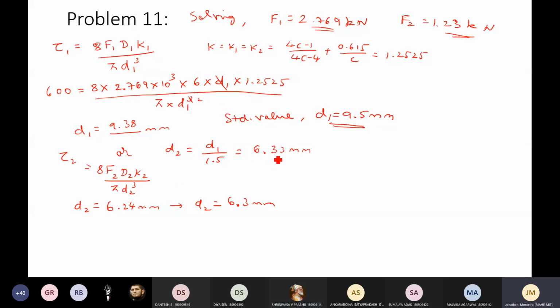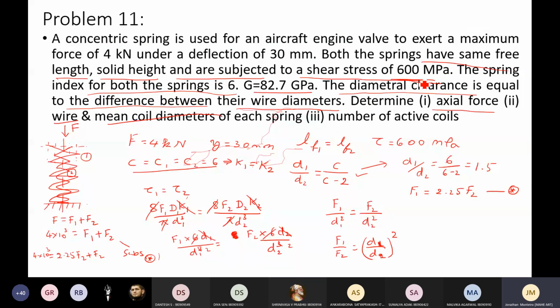Yeah, because 6.5 will be a very big deviation from what is being told in the problem. I mean, in the table, it's just 6.30. If you get 6.3, then I can stick with it. Otherwise, if we get 6.33, then we'll have to take a higher value of 6.5, no? Yeah, so what we can do is we'll stick with this tau value. The reason being the problem here, both are subjected to a shear stress of 600 MPa. Okay, and this anyway is just a dimensional thing. But what we want to satisfy is whether it is going to take care of the shear stress.